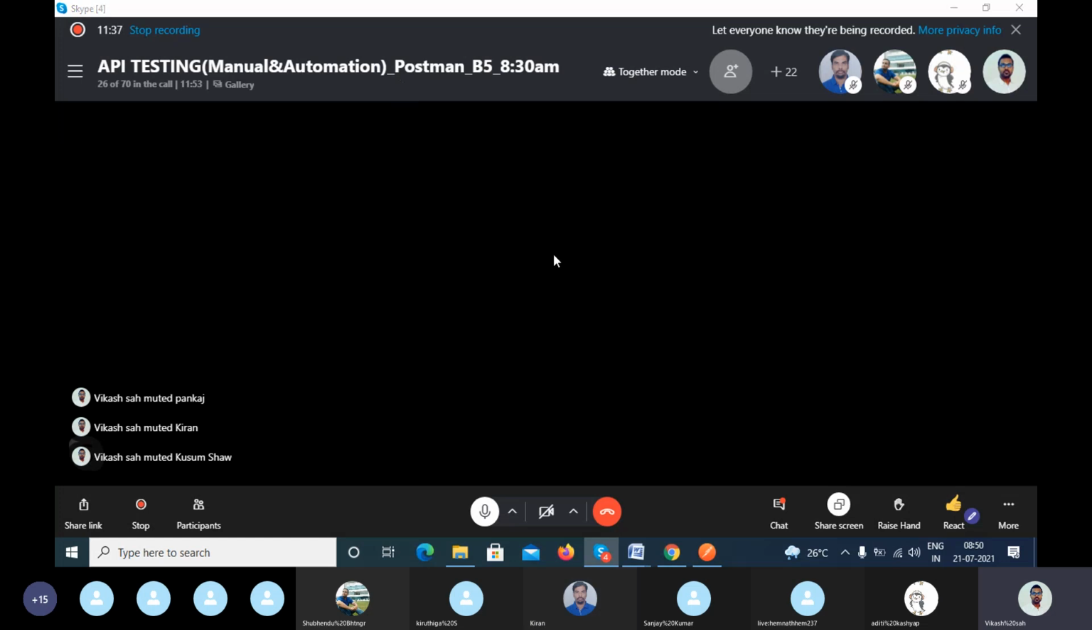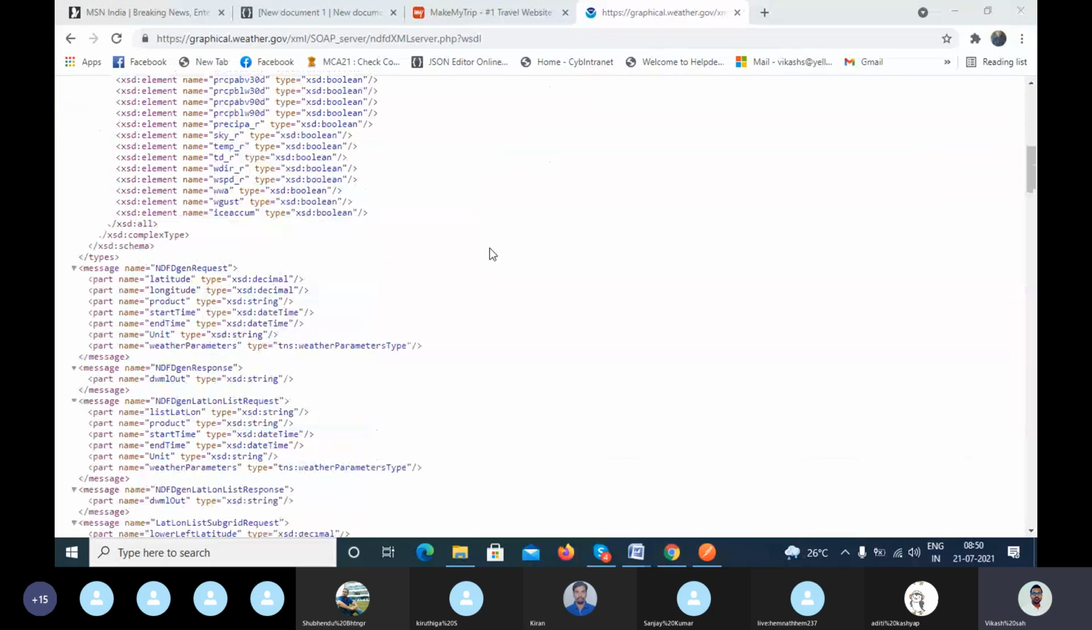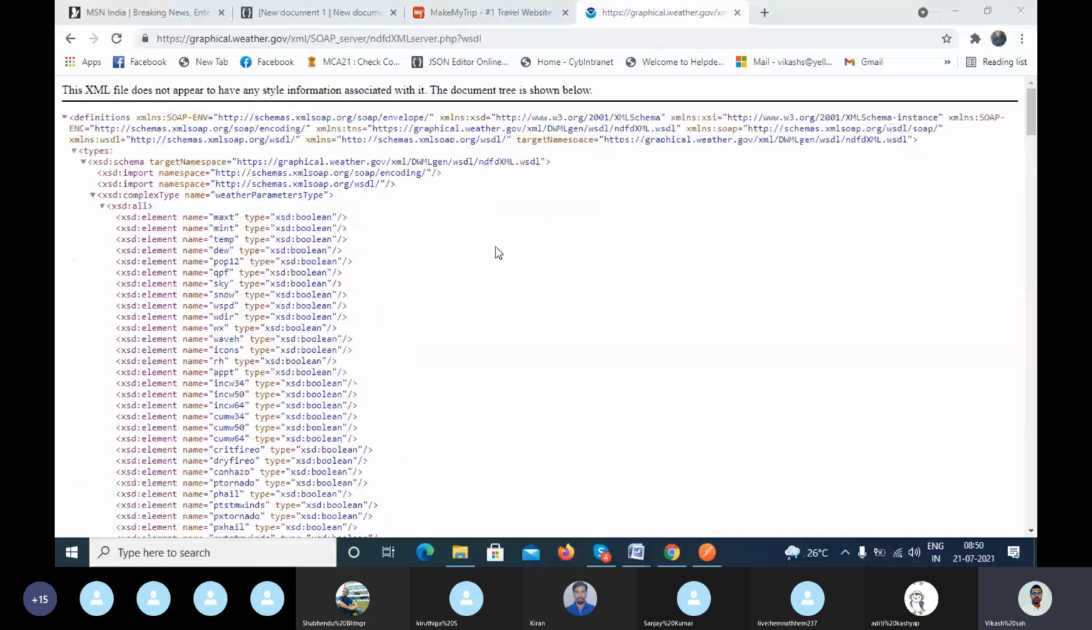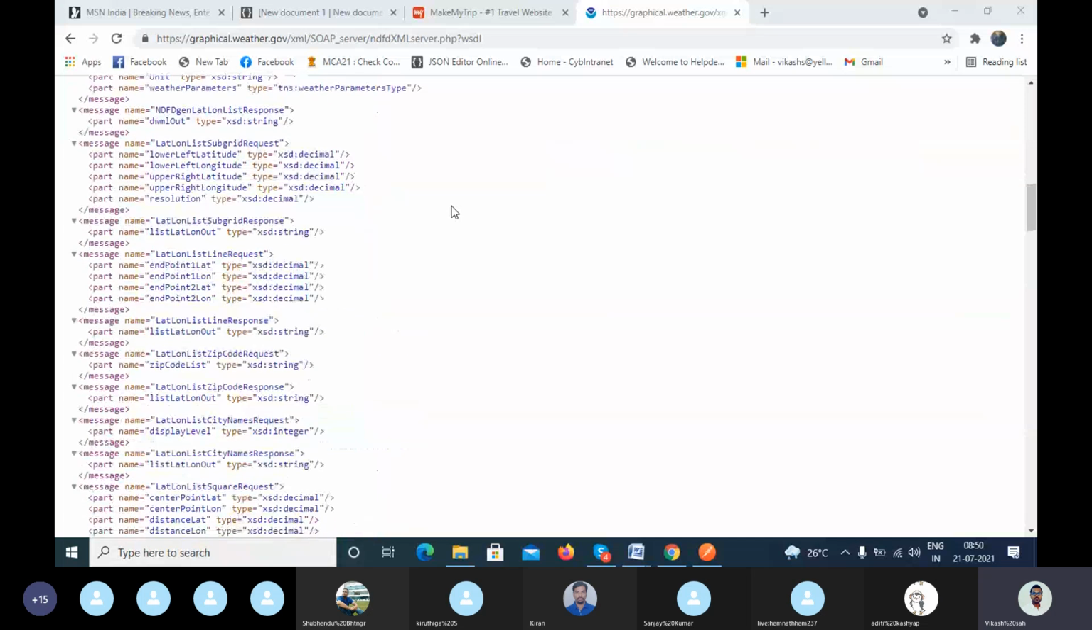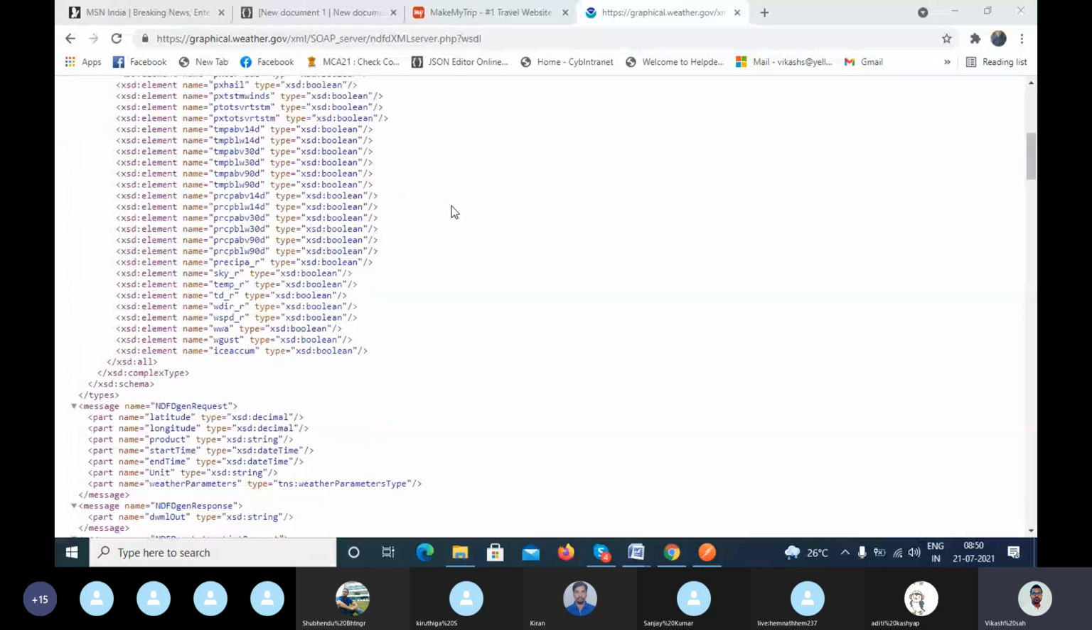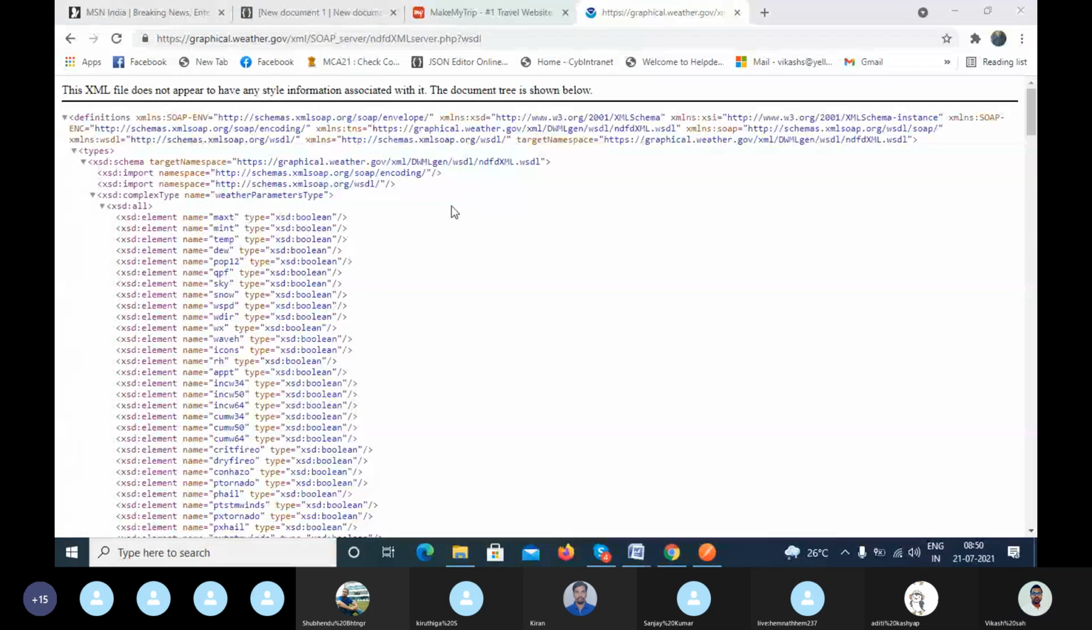So if you try to hit this WSDL file, guys, tell me, are you able to understand this XML file, this WSDL file, and what it is trying to say here? Can you understand? No, I can't, right? So I will explain how you can read this when you are working in a SOAP project. They have used tagging to write the request,